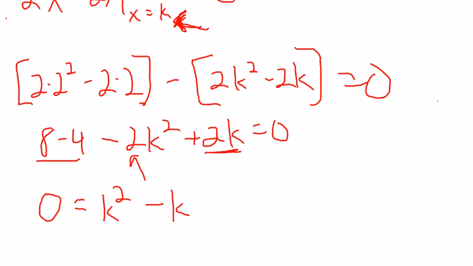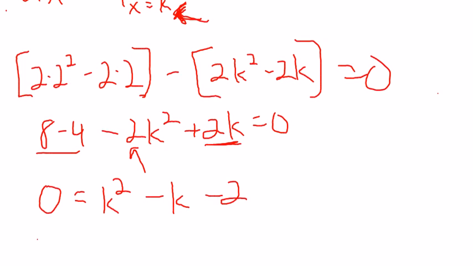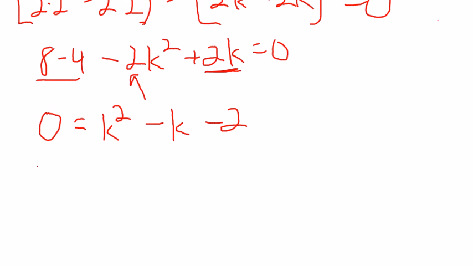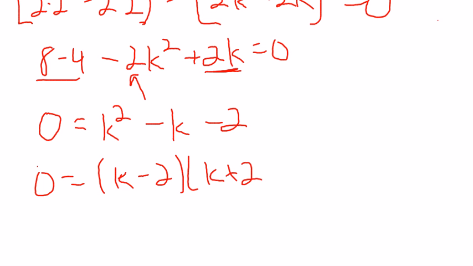And then I get a minus 4, but it's dividing by 2, so I get that. So I'm almost done. I get 0 equal to k, I can factor this, minus 2 times k plus 2,